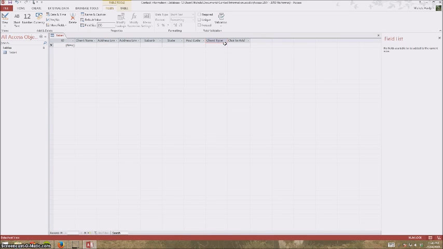client type. So I'm just doing the same exercise that's in the notes. Client type, short text, contact name, short text, contact position,